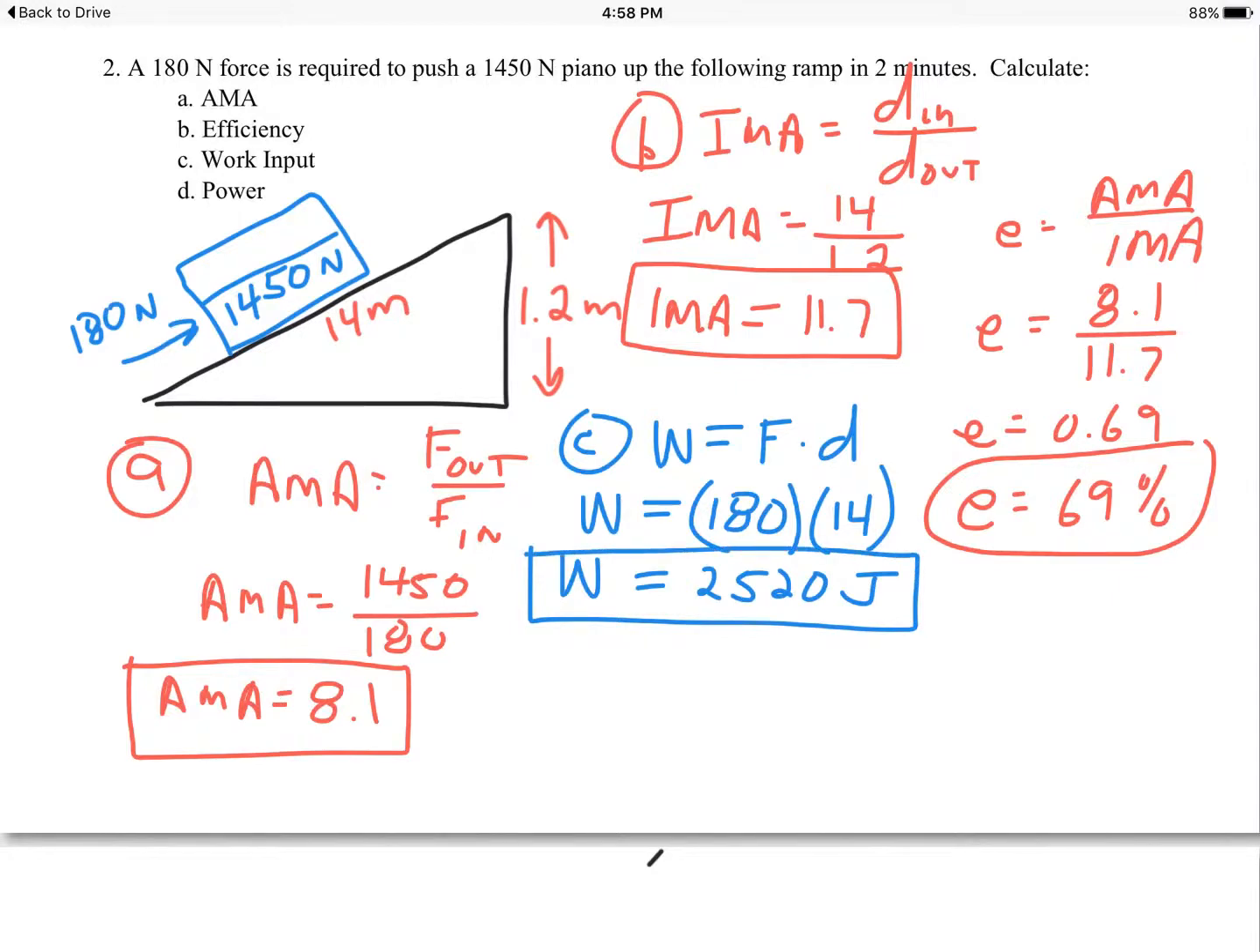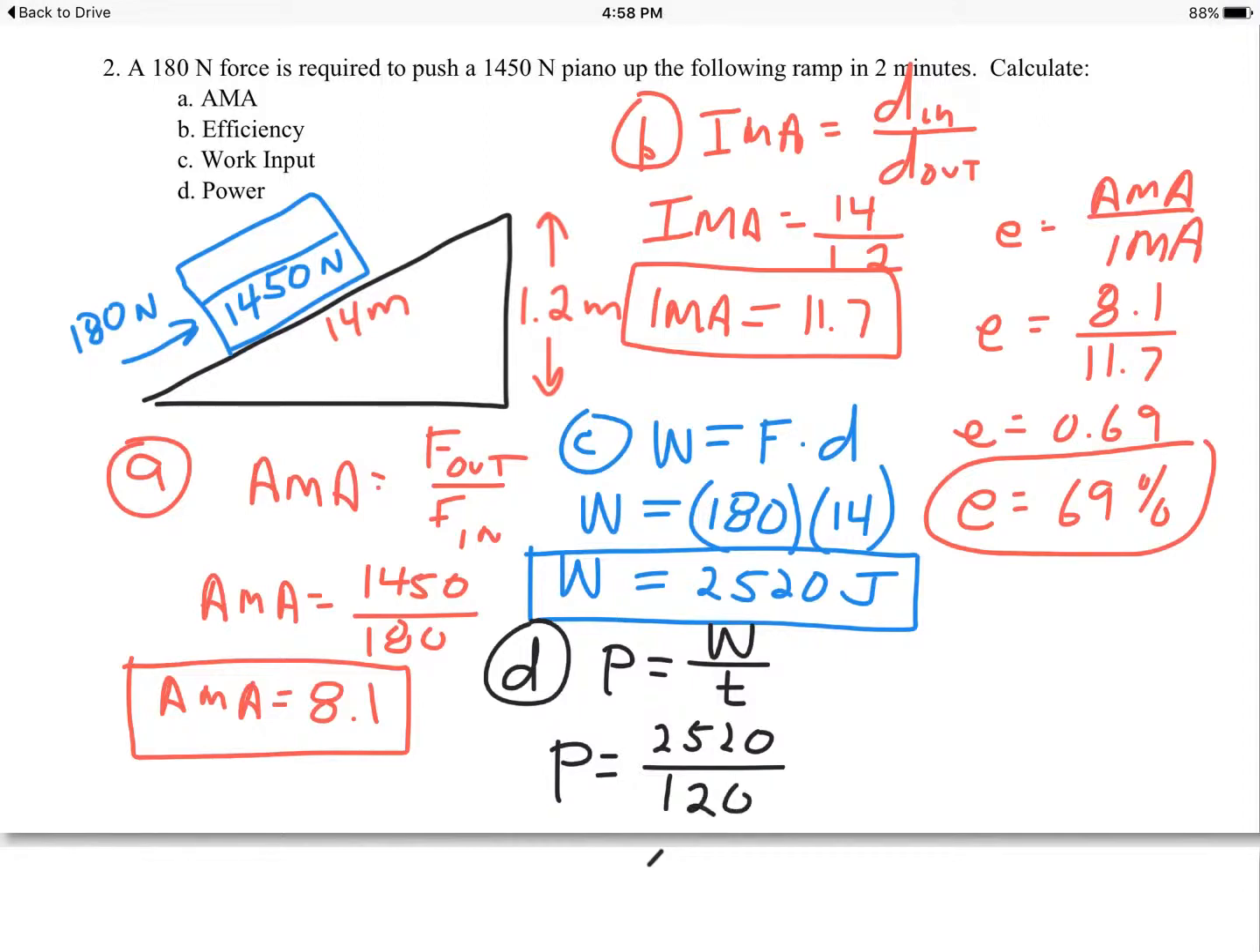And finally, we have to figure out the power that you supplied. I'll switch to another color. Power is your work or your energy over the time. Well, the work you did was 2,520 joules. The time is 2 minutes, but that's 120 seconds. You want seconds. So you have that many joules and that many seconds. That comes out in joules per second, or watts. If you do the calculation there, the power comes out to be 21 watts,